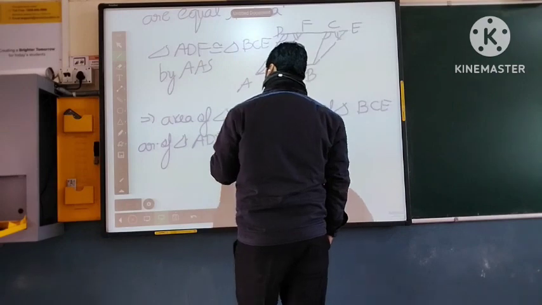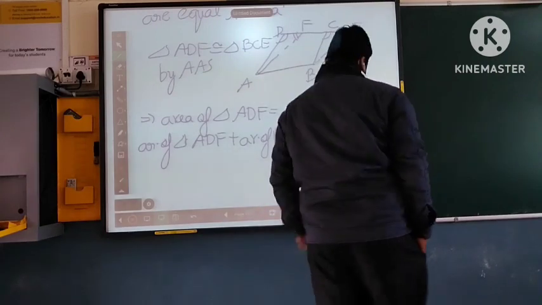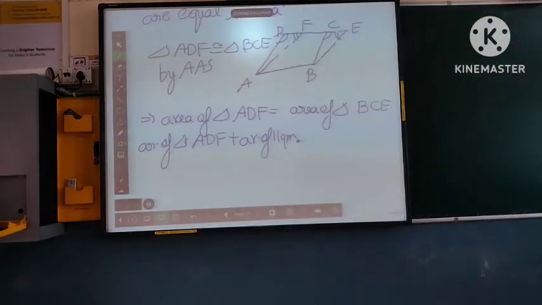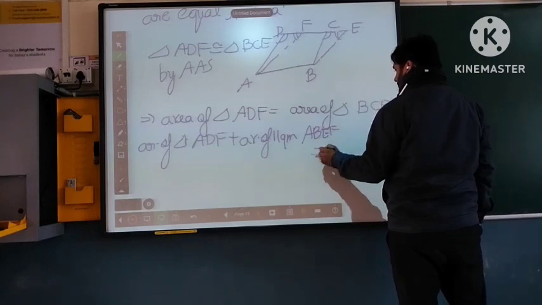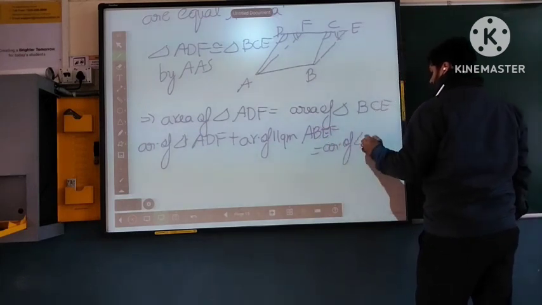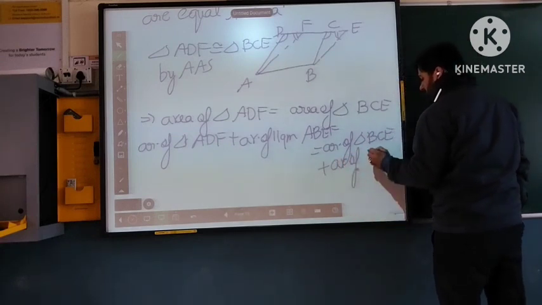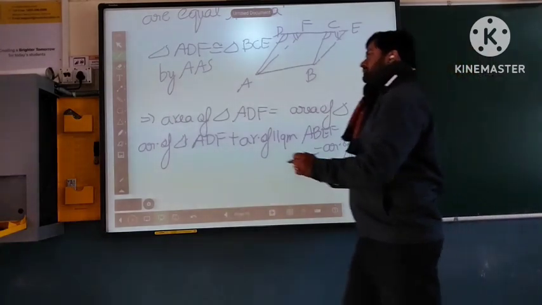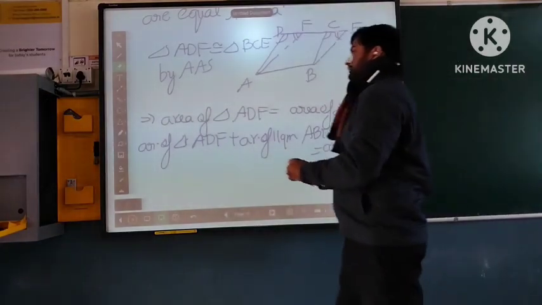We have done similar questions where something was equal, and to those equal things, if you add the same thing on the left hand side and right hand side, the result doesn't change. That's why I am saying AR. AR means area only, short form of writing. Area of triangle ADF plus area of parallelogram ABEF. It should not be parallelogram, it should be quadrilateral only. Equal to area of triangle BCE plus area of quadrilateral ABCF. So I've written parallelogram, but it should be quadrilateral only,